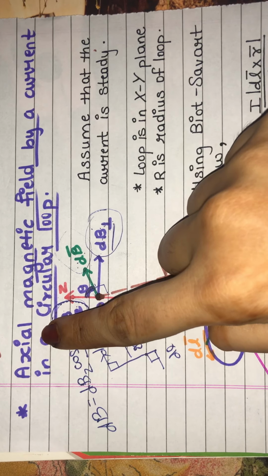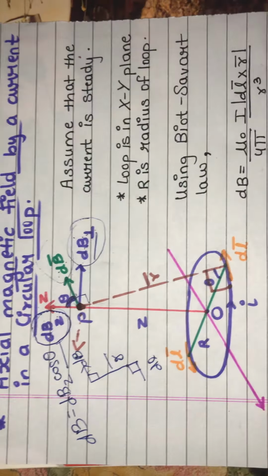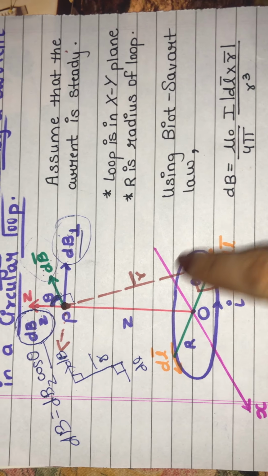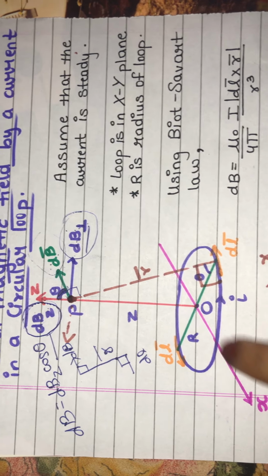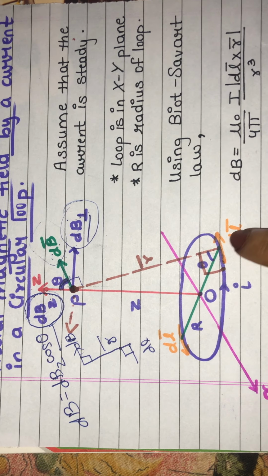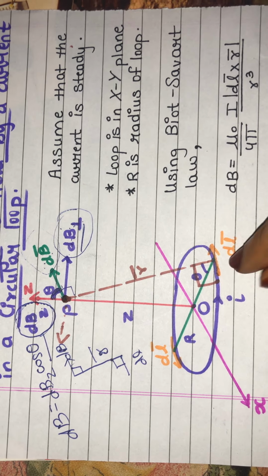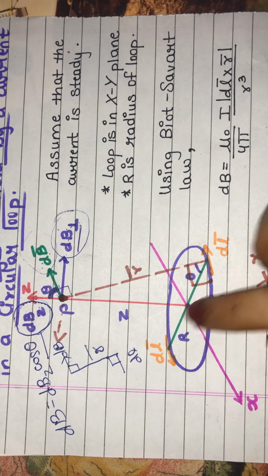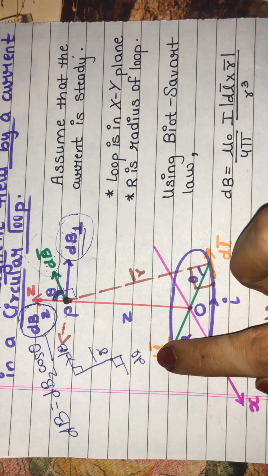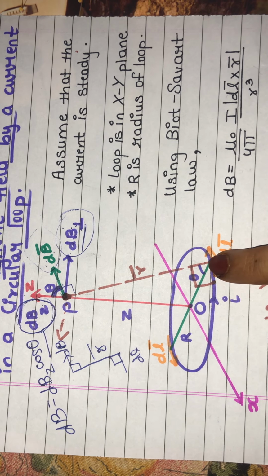Okay, if you see this topic, that is the magnetic field by a current in a circular loop. This is the circular loop. In this loop, there is current flow, and this is your x-axis, and this green one is your y-axis. We are taking a small length element at this point, and this is at the opposite point. We'll look at this afterwards, but let's study about this.